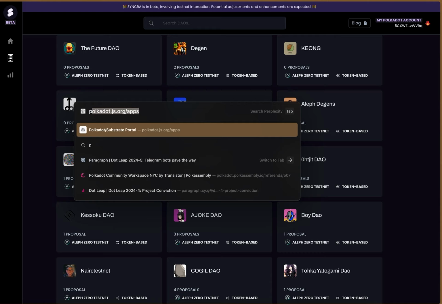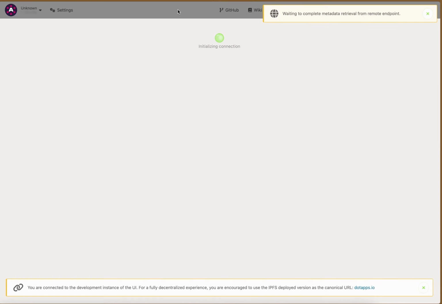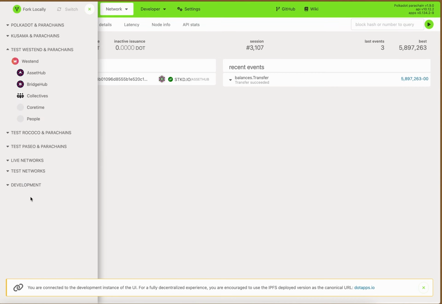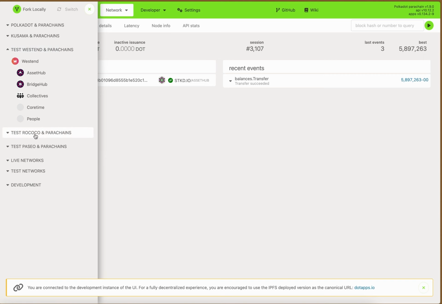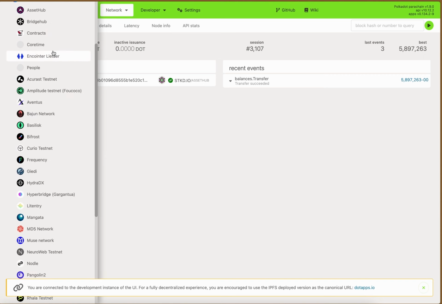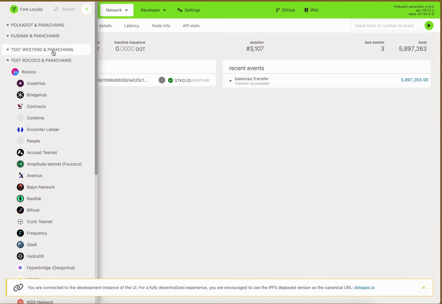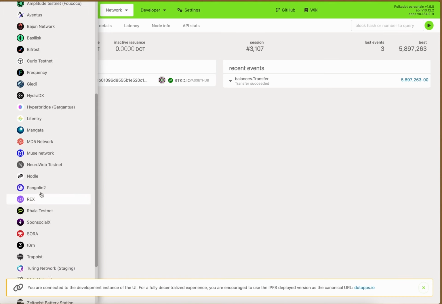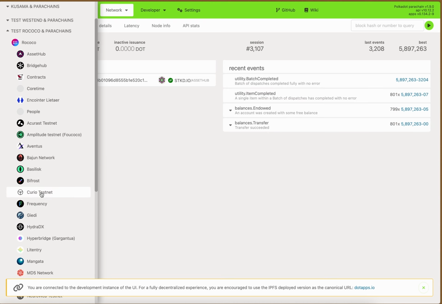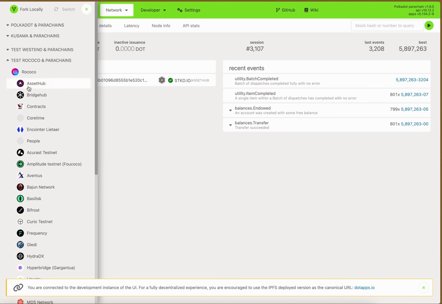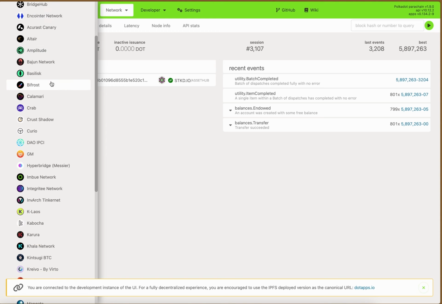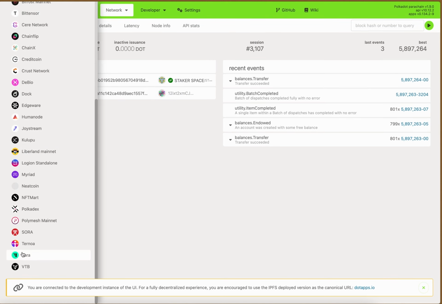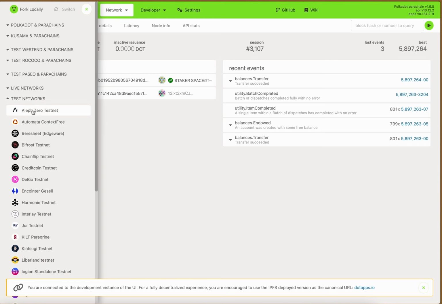Okay, now let's take a look if we can connect to LF0 testnet here somewhere. I would assume this is on Westend, no. Rococo, no. I just realized that there's no search in the network selection, so it's not that easy to find, but we can do it. Let's see here. Kusama, is there something in Kusama? There is not. They're all alphabetic, so it should work. Oh, test networks. Look. Hold on. Test networks. LF0. There we go.